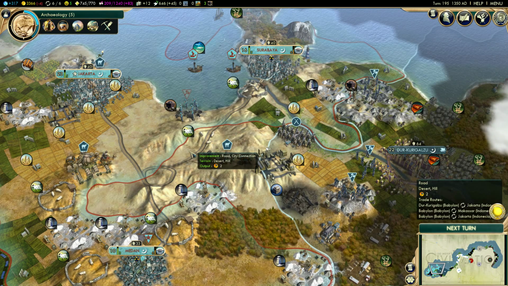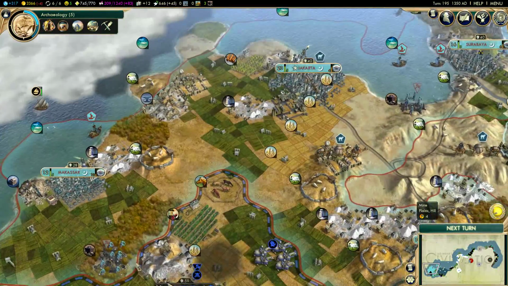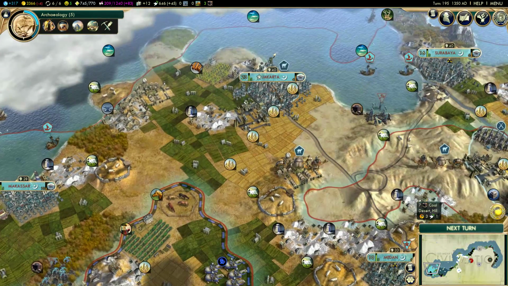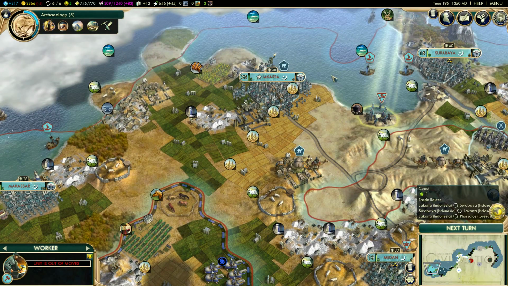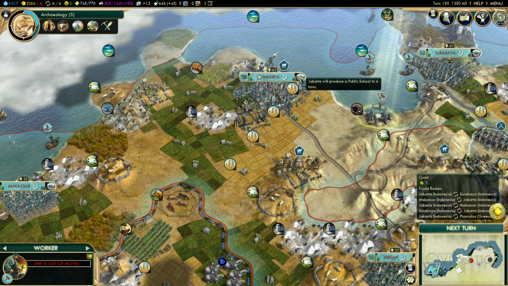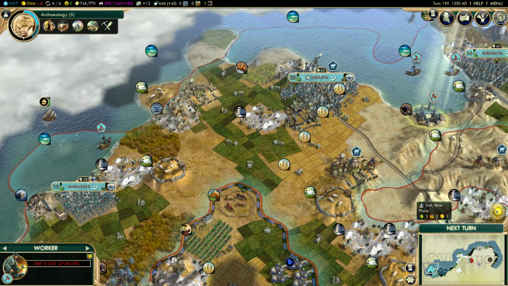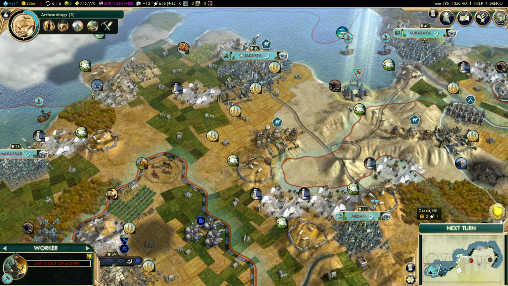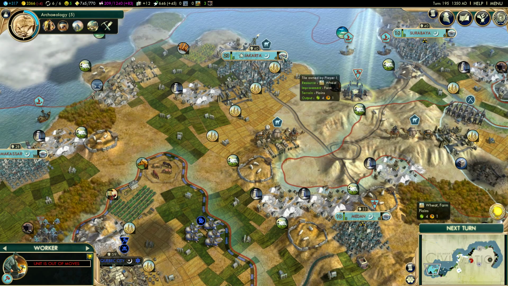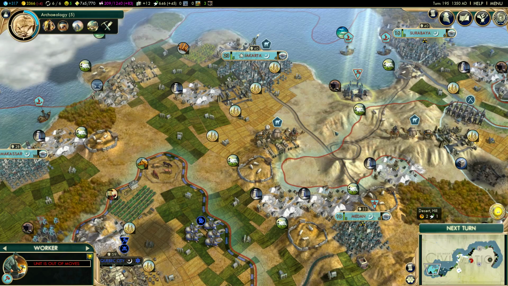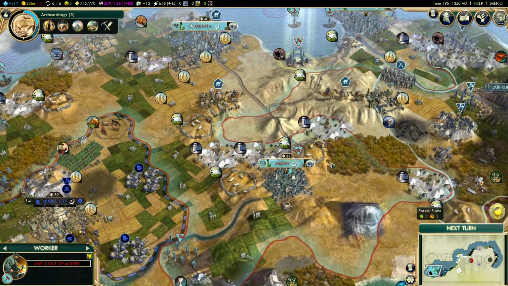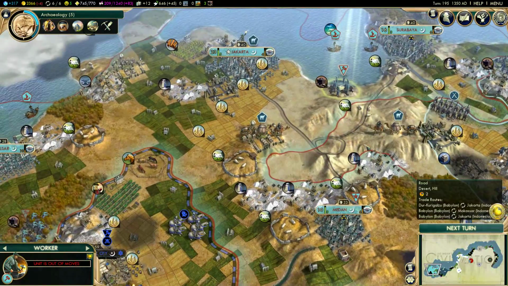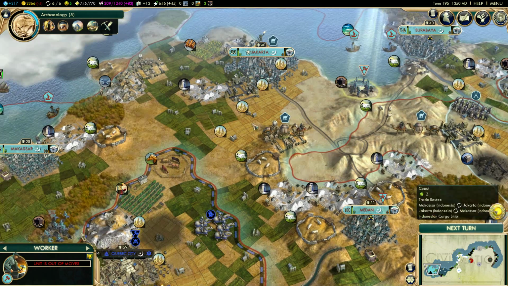Hello everyone, this is V, and today we are going to talk a little more in depth about ideological pressure and the unhappiness that results from that. We will do this in three stages. First we will discuss where it's coming from, then we will see how we can minimize the impact of this, and finally we are going to talk about when it is correct to switch ideologies. So these are the different stages that we will be going through.